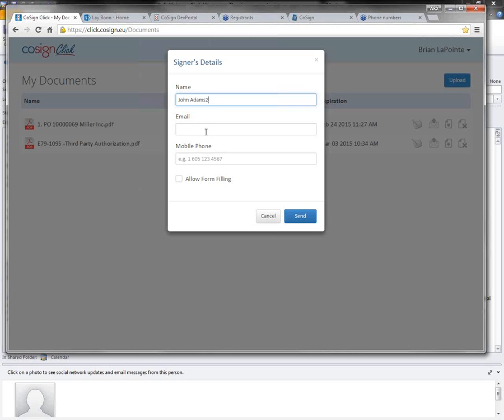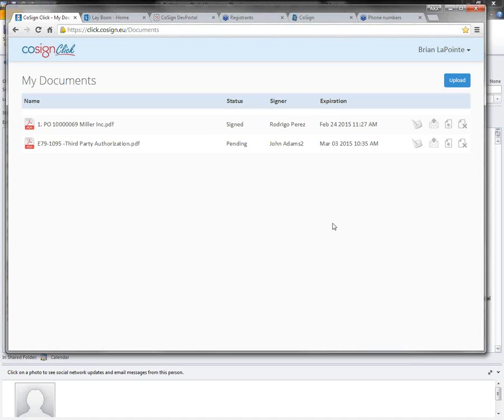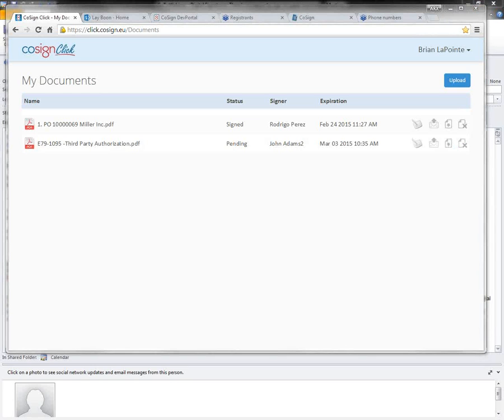John Adams 2. Okay. So now the signer is John Adams 2.